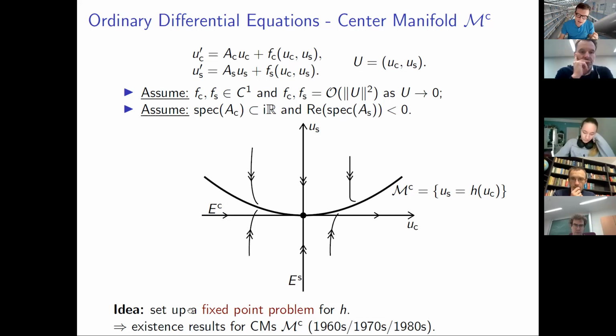And the idea is, well, you don't know the function h. So what do you do if you're an analyst? Well, you say, I need a fixed point problem. So you try to set up a fixed point problem for this function h. There are many ways to set up this fixed point problem. You could also try to use the implicit function theorem if you wanted to. That also works. But you do a classical analytical technique, and people in the 60s, 70s, and 80s